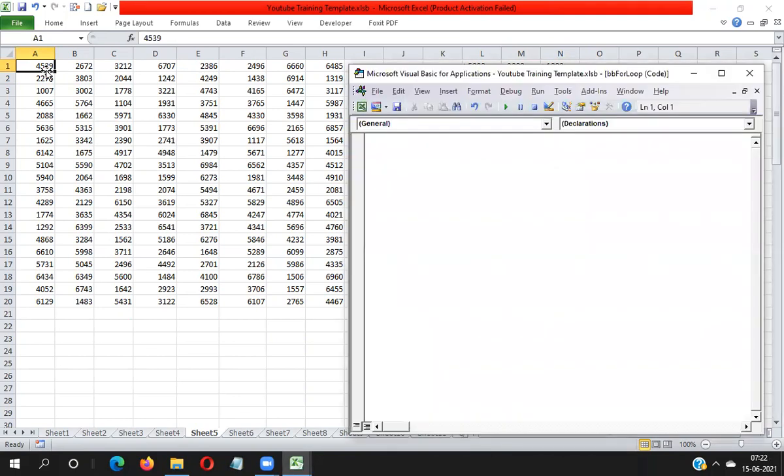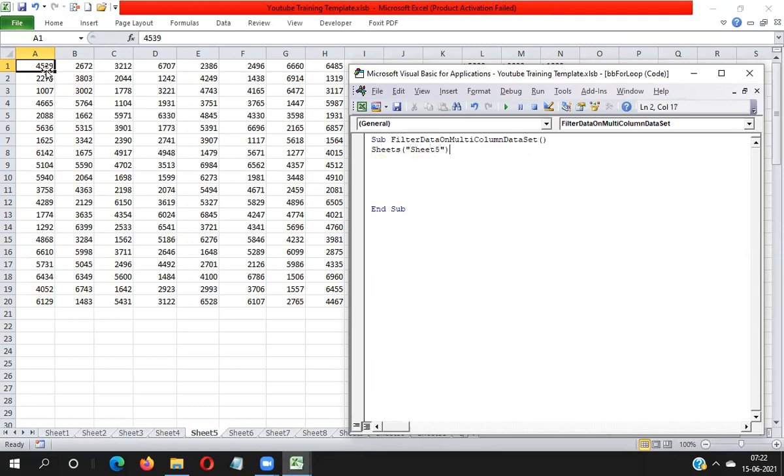So Alt F11, then you will get the code window. Here I'm writing Sub filter data on multi column data set. So activating here Sheet 5 where data is available.